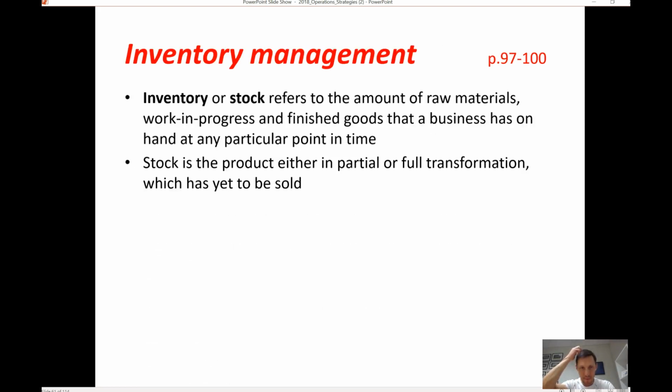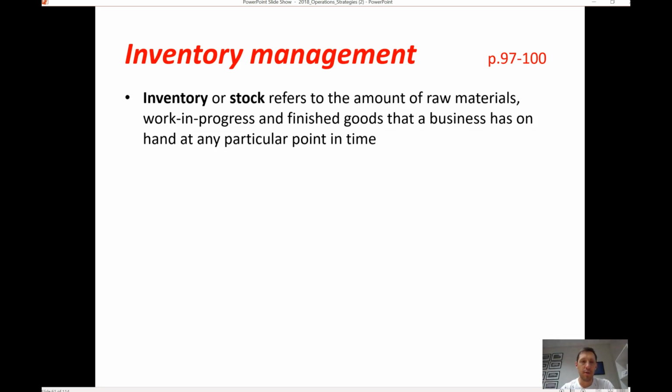So as we know from Year 10 Commerce, from Year 11 Business Studies, and just this topic in general, inventory is the amount of raw materials, work in progress or finished goods that a business has on hand at any particular point in time. So for a business like Qantas, for example, it's got a lot of inventory, and if you look at its balance sheet, it'll have a significant value next to that inventory under its current assets, and that'll include things like